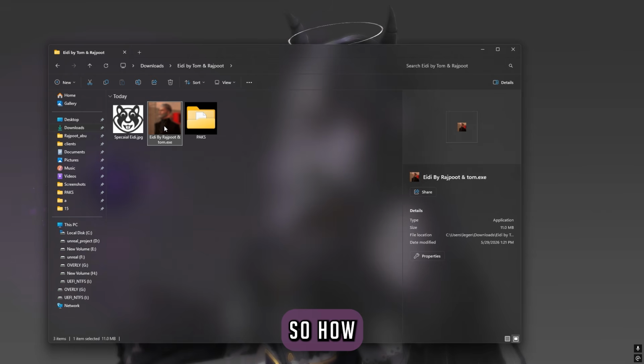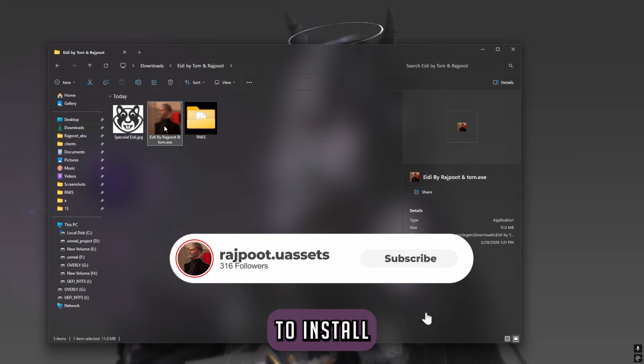So how is this going to work? Let's figure it out. Firstly, whenever you run this exe, first thing first, you need to install Python. It's the 3.10 version of Python you have to install. And